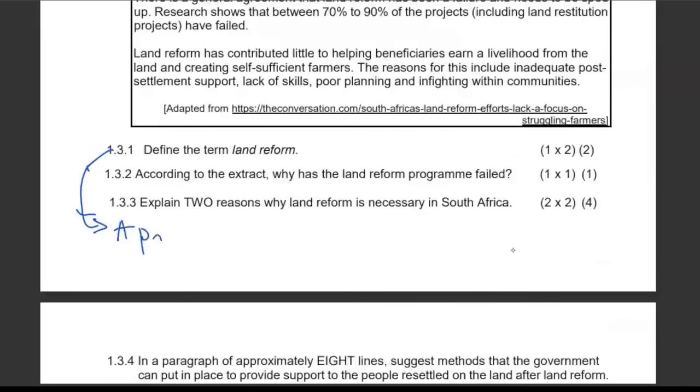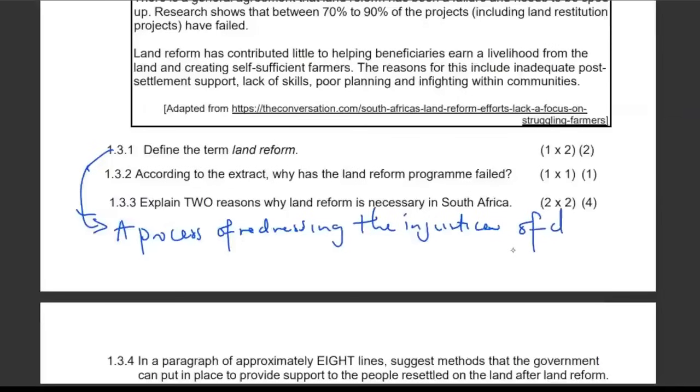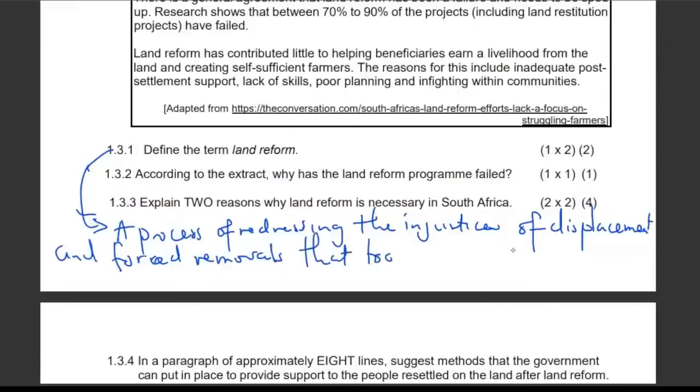Right, we can say it's a process of redressing the injustices of displacement and forced removals that took place during apartheid. It's one way of defining